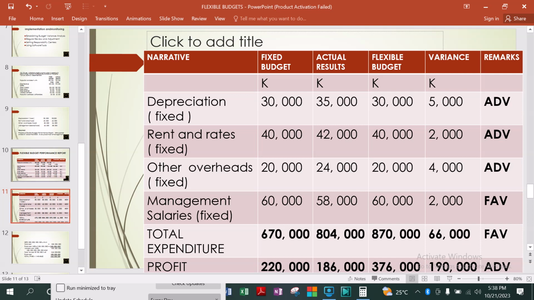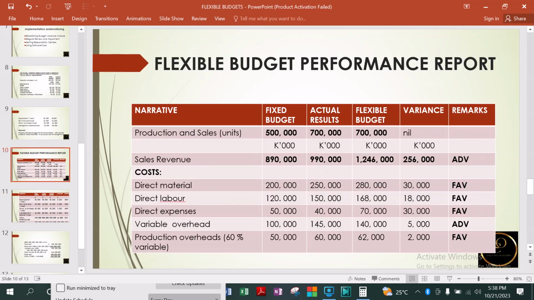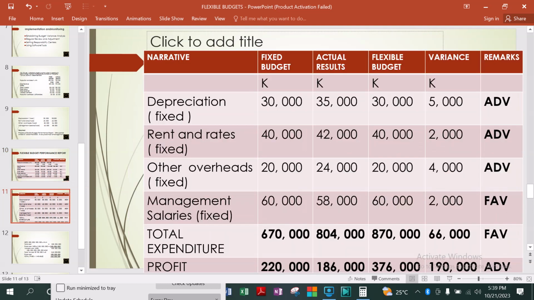The flex budget shows that we should have made 1,246,000,000 against the cost of 870 million. So we expected to make a profit of 376 million. So here there's a difference of 190 million